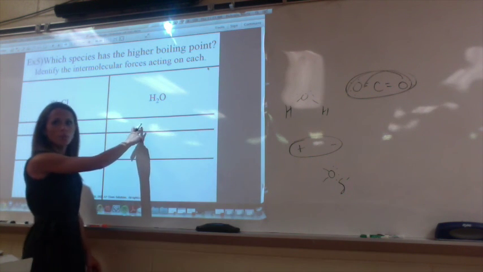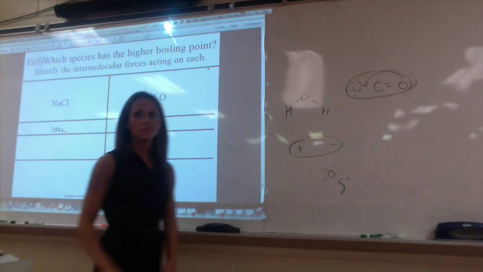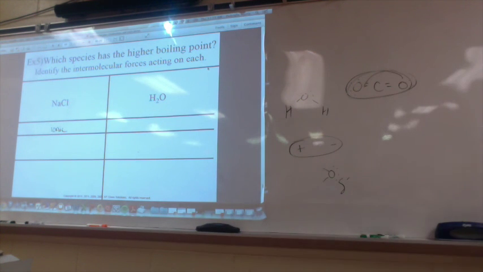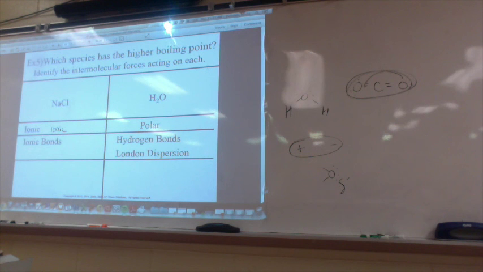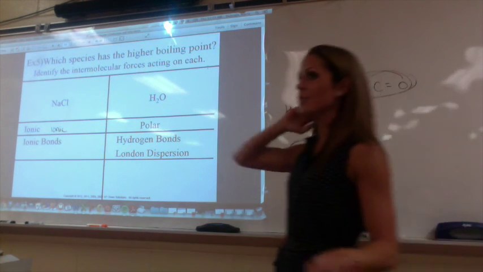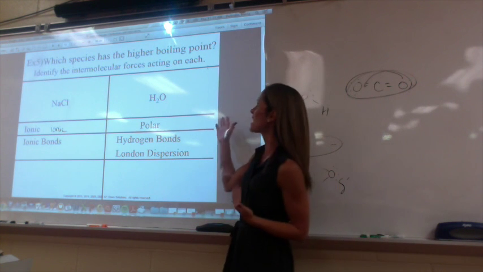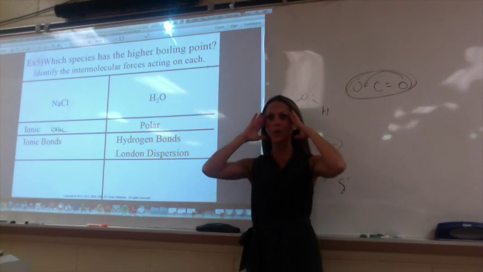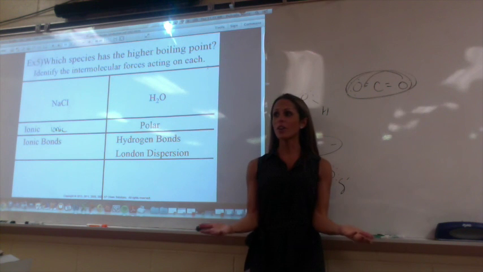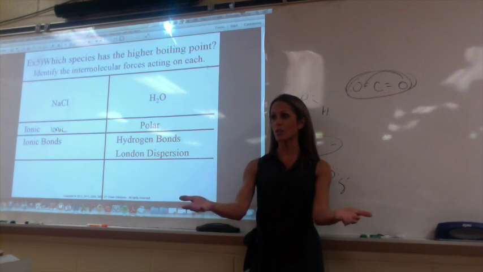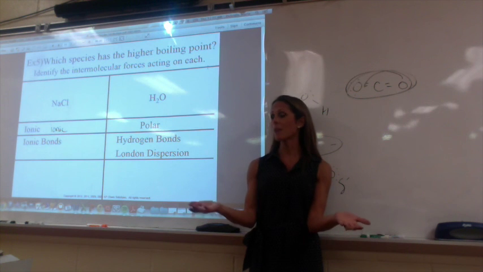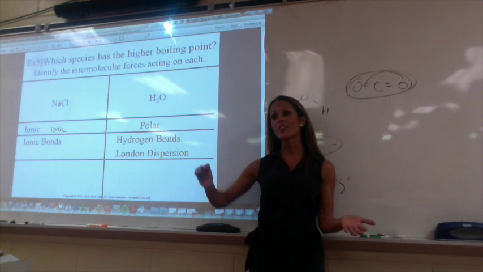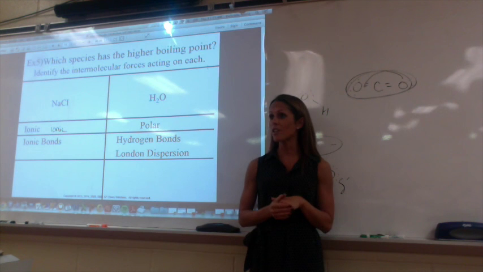And this one is what? Polar, right? So right away from our list, we should know which one should be stronger. H2O. So this is where I would hope that common sense would play a little role. Like you're thinking about which one has the highest boiling point. I would hope that you would realize that a pot of water is going to boil before all of that sodium chloride on your stove. Take a pot and pour salt in there and then turn the heat on, and which one's going to boil off?